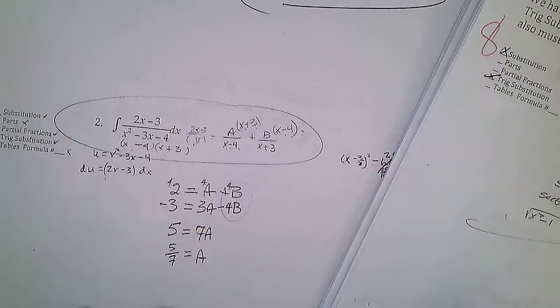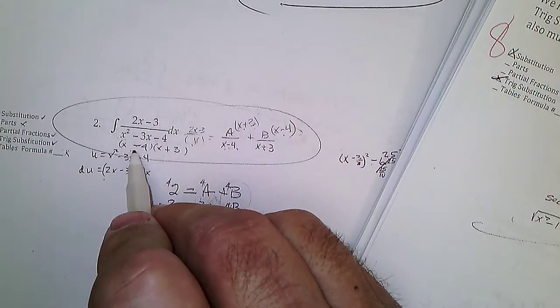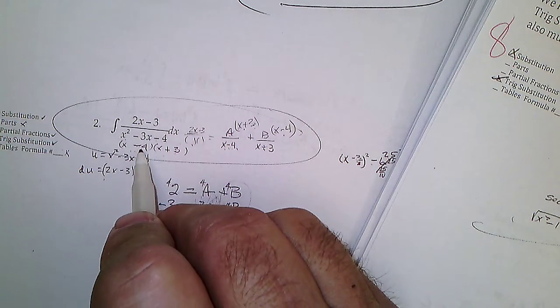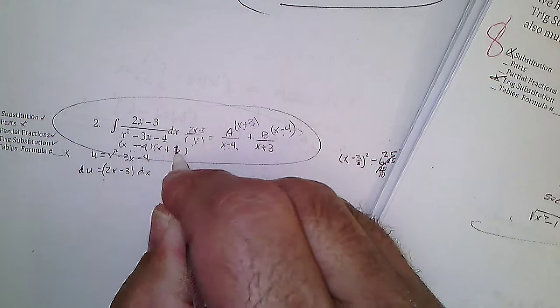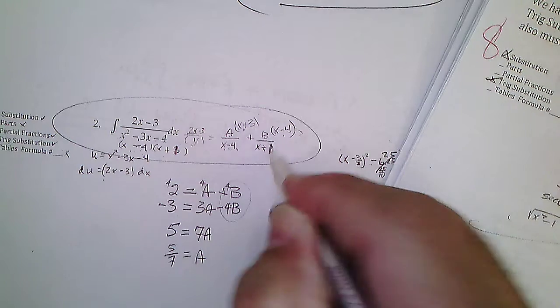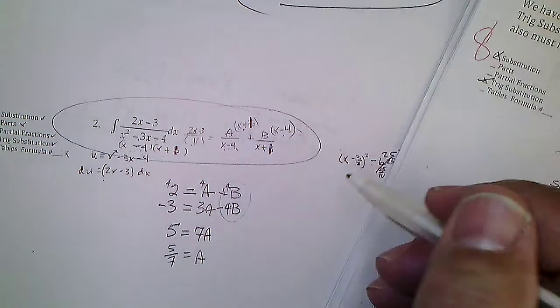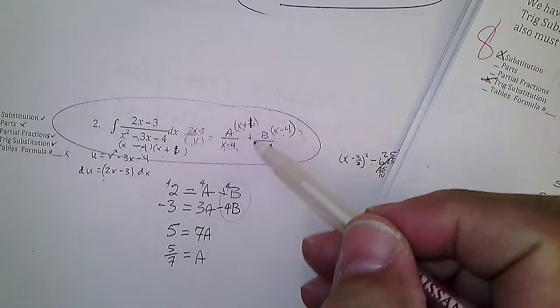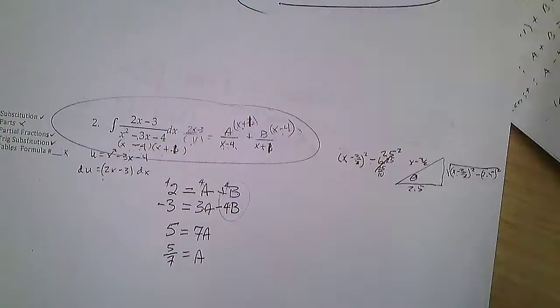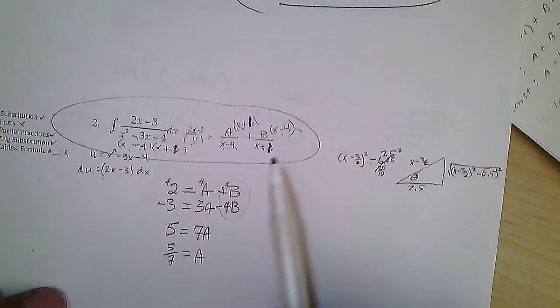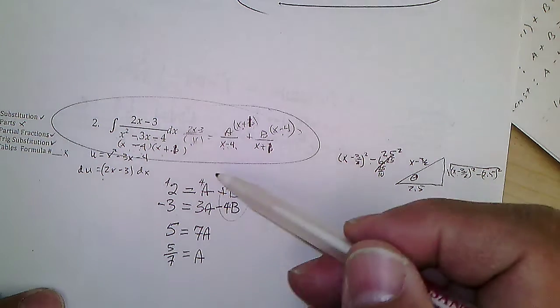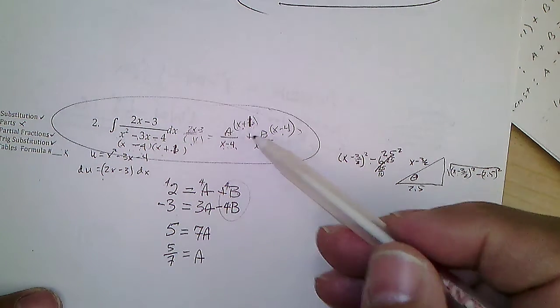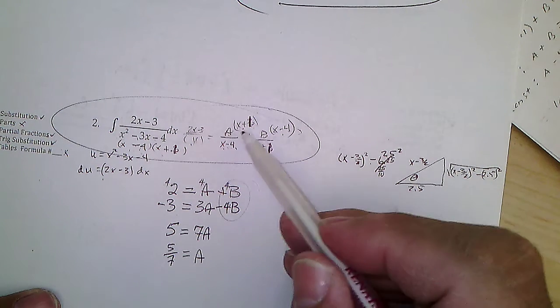Oh, why did I put 3? This factors to x minus 4 and x plus 1 to make 3. There's the problem. I knew there was something wrong here. Didn't sound right. Dang, I factored incorrectly. I apologize, and I messed that up in the video earlier, so bear with me. So this should be a 1 and a 1. So it'd be,